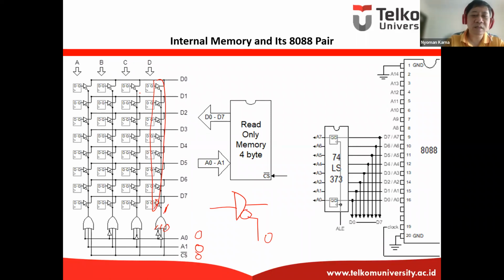Okay, let's move on. This one is 0, and then this one will become 1. This one will become 0. 0 plus 1 plus 0 is still 1. So this row of 3-state buffer is also not active. How about this one? This one will become 1, 0, 0. Still 1. So this row of 3-state buffer is not active. Now, how about the last one? 0, 0, 0. 0 plus 0 plus 0, because this one is an OR gate, will become 0. And this 0 will activate, or open, the 3-state buffer.